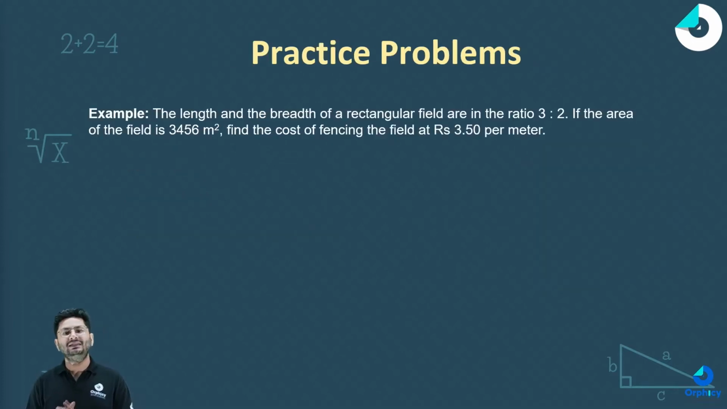The length and breadth of a rectangular field are in the ratio of 3:2. At the time of comparing quantities, you must have read that if the ratio is given, let's say 3:2, then you can assume both quantities as 3x and 2x. So I assume the length as 3x and the breadth as 2x. If the area of the field is 3456 meter square, we have to find out the cost of fencing if the rate